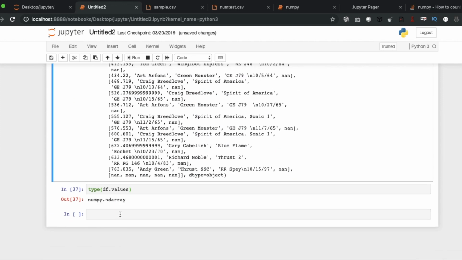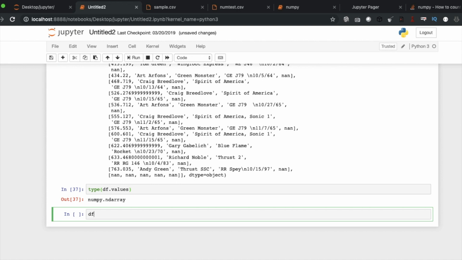You can flatten this if I'm not wrong, df dot values dot flatten.